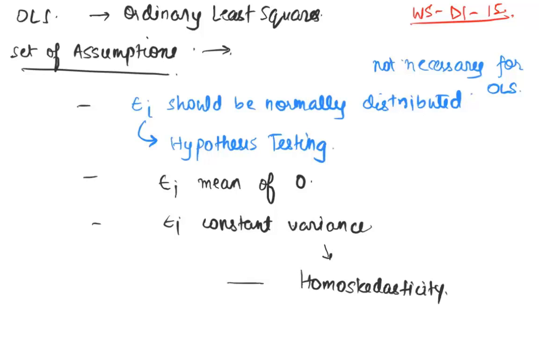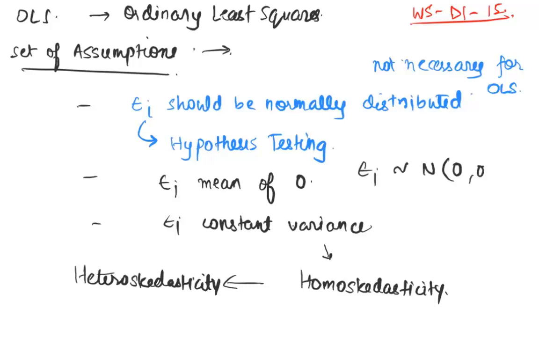The opposite of this is heteroscedasticity. So the error term needs to follow these two criteria. The error term should have a mean in and around 0, and the error term should have constant variance, whatever that variance is. For hypothesis tests to work, your error term should basically follow a normal with mean 0 and variance sigma square, but this sigma square should be constant.